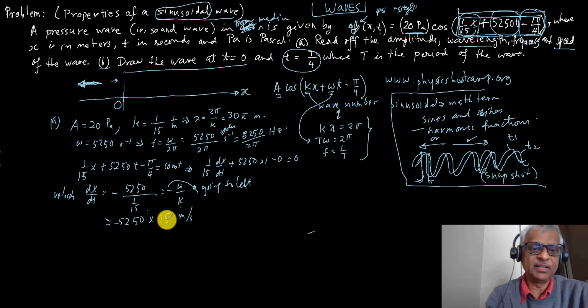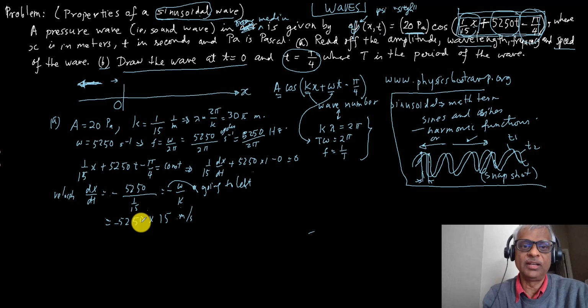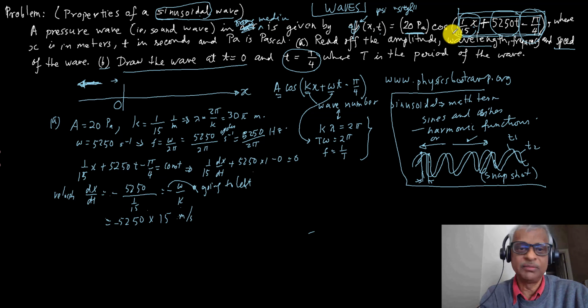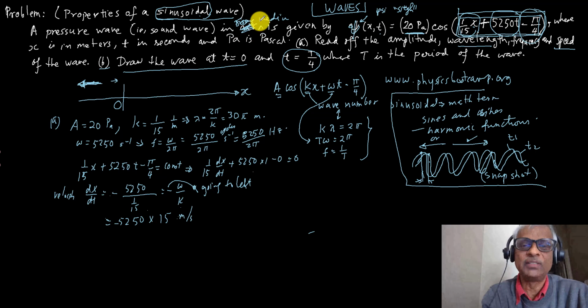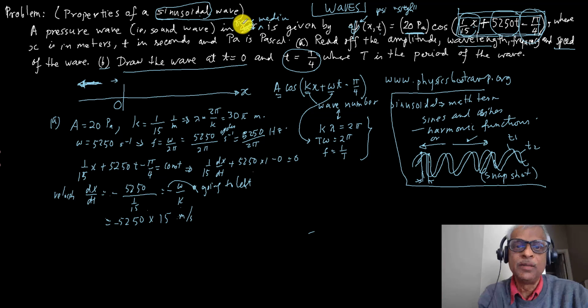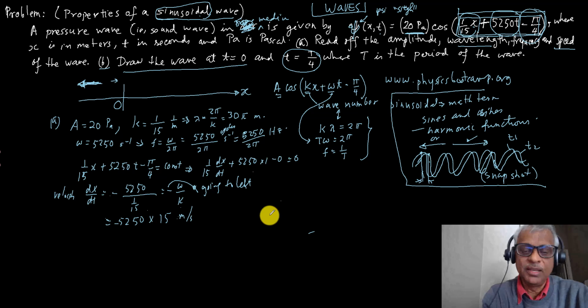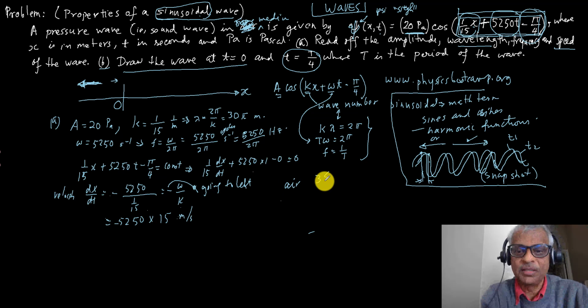And I can just multiply it and get the speed. That's just not right. I think I was just constructing the problem and multiplying and dividing by 2 pi kind of messed up. That's why that number was wrong here. So this probably in some medium, like a pressure wave in air, goes about 350 meters per second, which is not that, right? In water, they go 1500 meters per second,